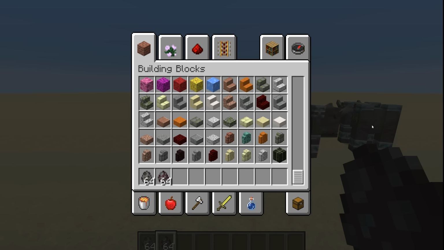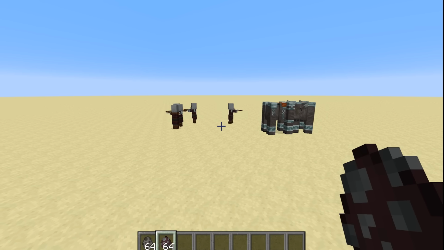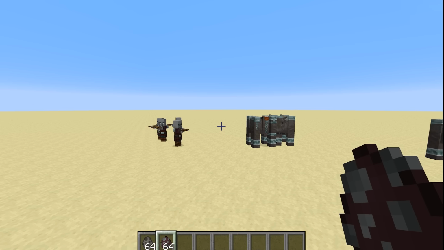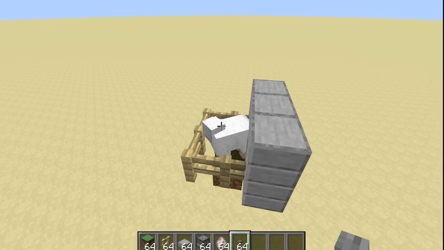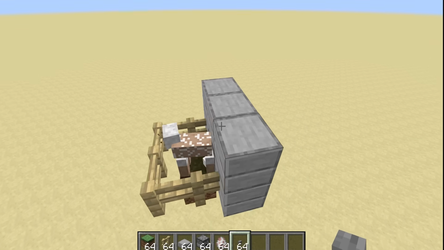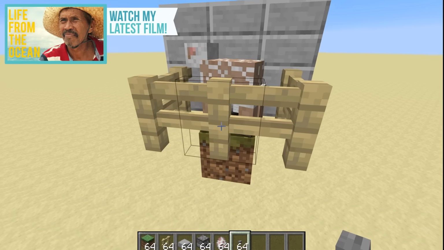Instead, what I'm interested in is the redstone aspect, because there's been some pretty big changes to the game and there's been some new features introduced that I think lend themselves to some pretty interesting farms. So, the first thing that I've absolutely got to try is, yes, shears can now be activated by dispensers, and